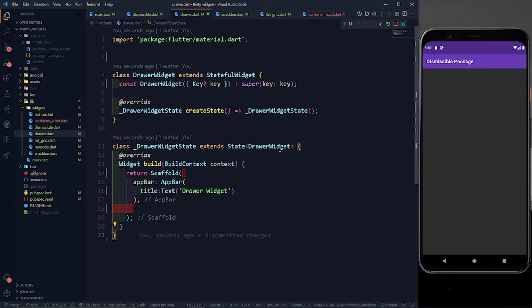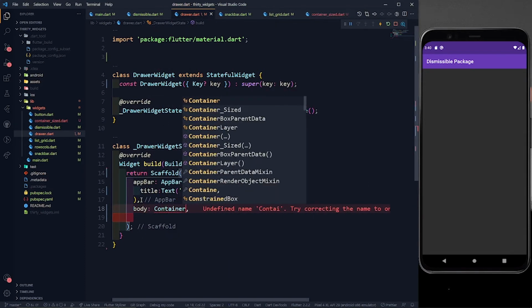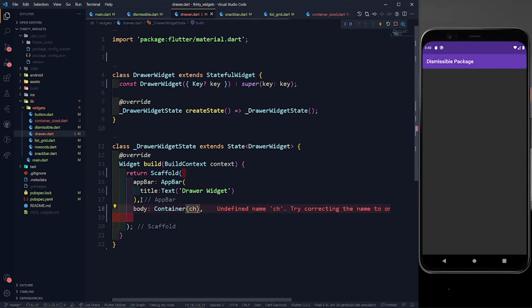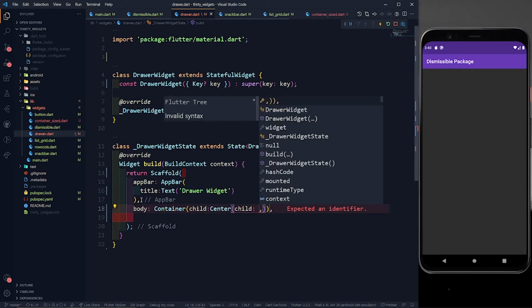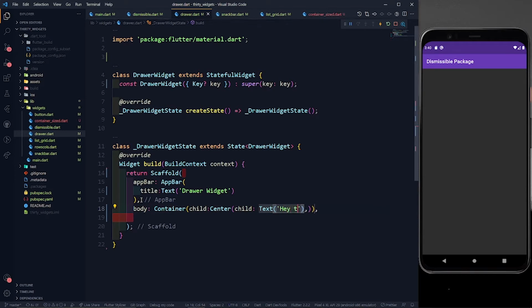And what should we define in the body? Let's define a simple container, with the child at the center, and a simple text of "hey there".